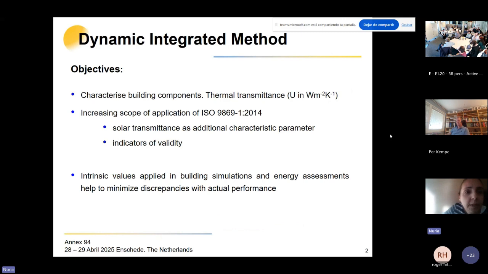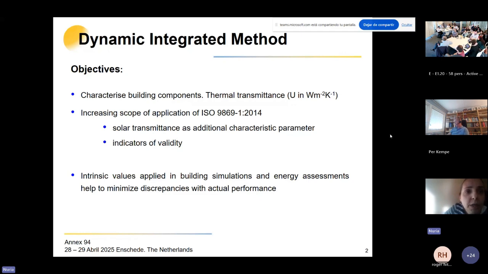So the objective of this research is mainly to propose the use of these dynamic integrated methods in order to characterize building components, characterizing the thermal transmittance, and specifically to expand the scope of application of one of the main standards that is used, the ISO